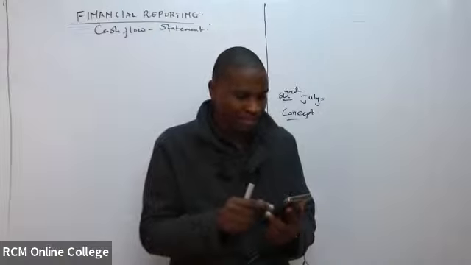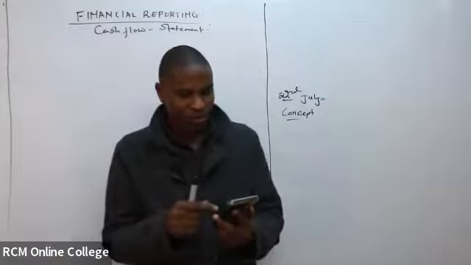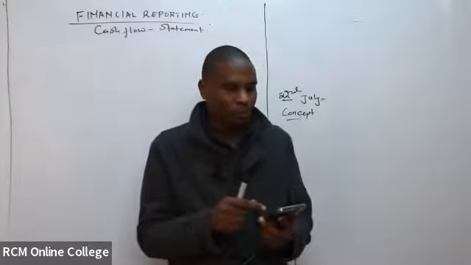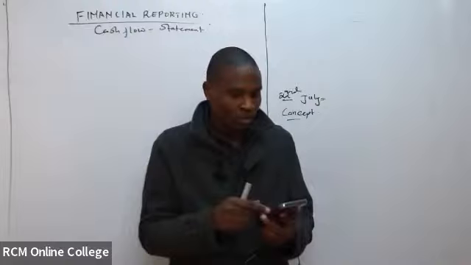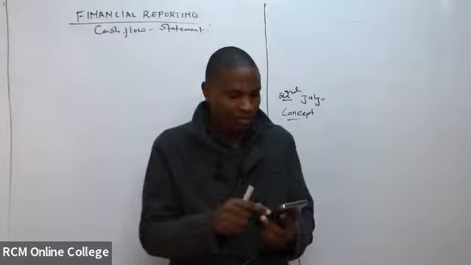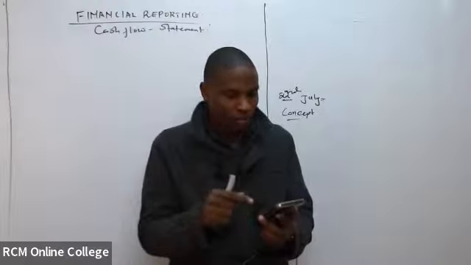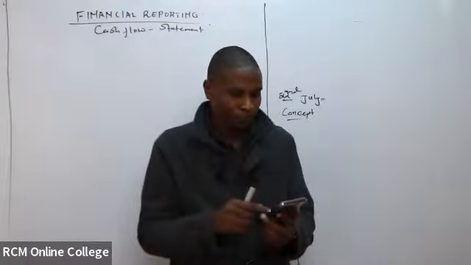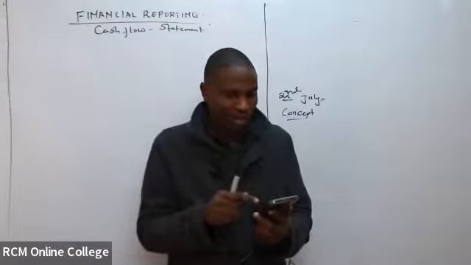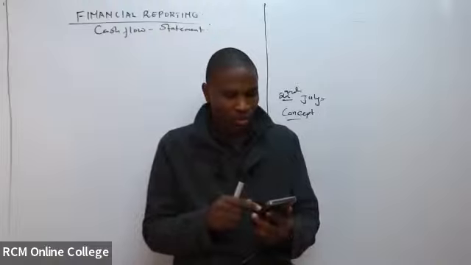Then we are told that our interest expenses for the year ended 30 September 2022 charged in the statement of profit or loss was 12 million. All the taxes and interest for the year ended 30 September 2022 were paid. Total tax for the year ended 30 September 2022 amounted to 48 million. Proposed dividend for the year ended 30 September amounted to 24 million. Land and building were acquired during the year ended 30 September 2022 at a cost of